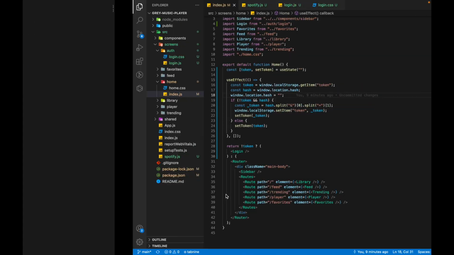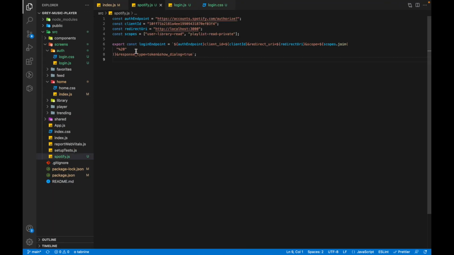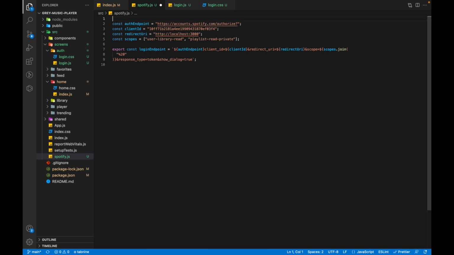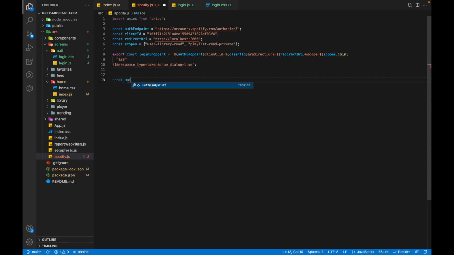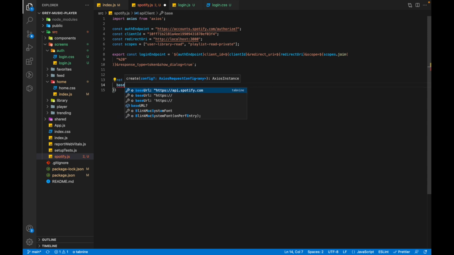So once the package has been installed, we can go to a spotify.js file, and at the very top we can import axios from axios. So axios gives us a function. We'll be creating an API client here. We go to axios. It gives us a function called create. And this create takes an object which has the base URL. So the base URL will be, we'll set it to